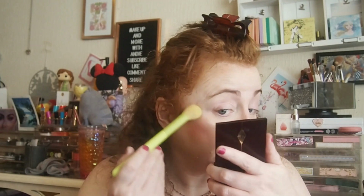And then we'll just blend all this in. Right, and then what I'm going to do, so I'm using this Revolution Fix and Glow Dewy Finish setting spray. I'm not happy with just how quickly I'm going through it. I've not used it barely at all. It's only £8 to buy. I understand that it's a lot cheaper than the high-end ones on the market. I feel like the sprayer just comes out quick, and that's why I'm going through more. The sprayer is nice, don't get me wrong, but I'm just not happy with how quickly I'm using it up. So let's just...